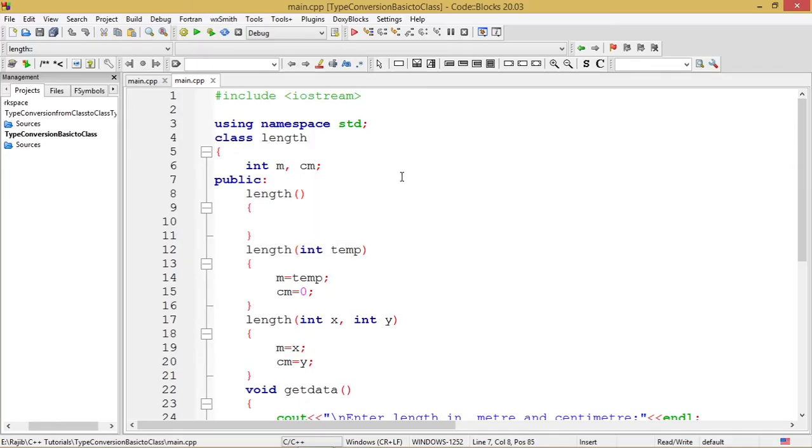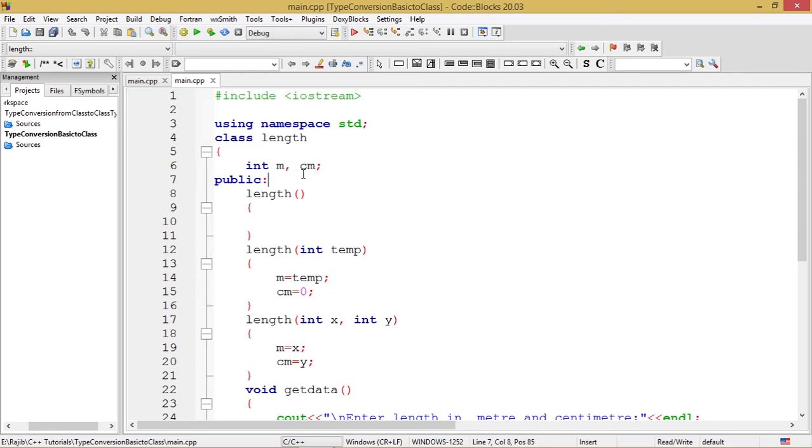This is the program, and let's analyze it line by line to see what has been done. #include <iostream>, using namespace std. I've taken a class, and the class name is Length, under which there are two private member variables, m and cm.